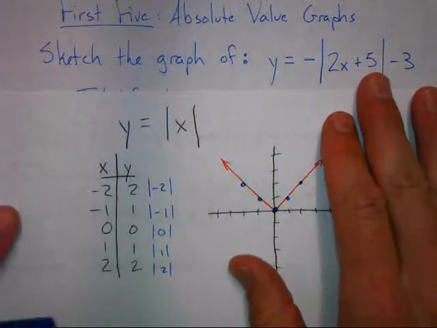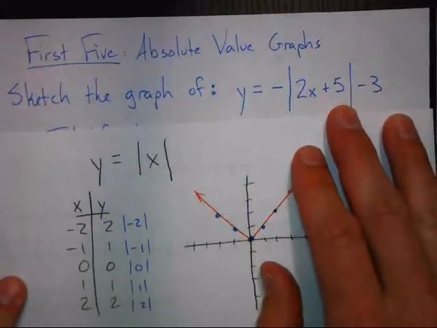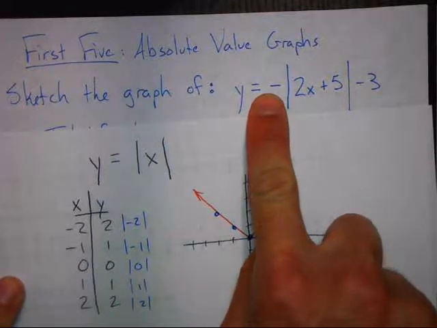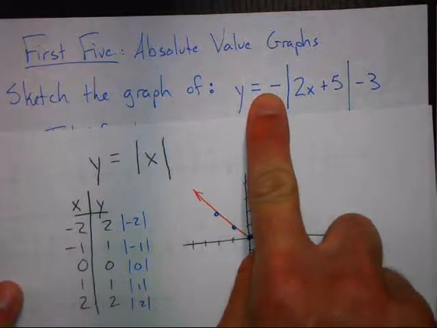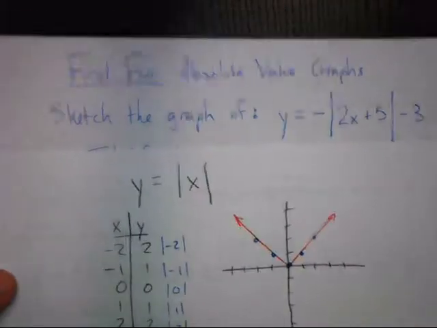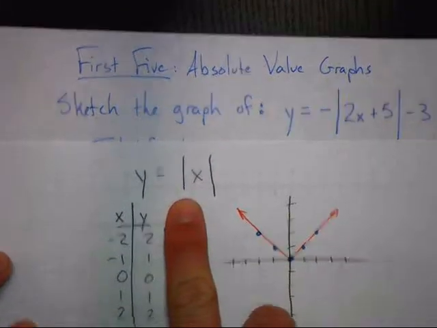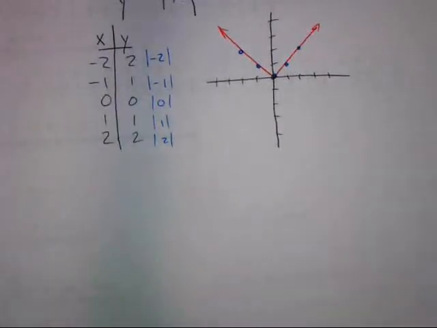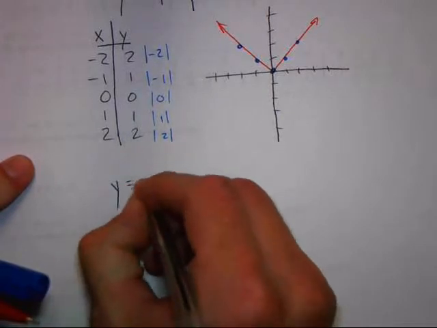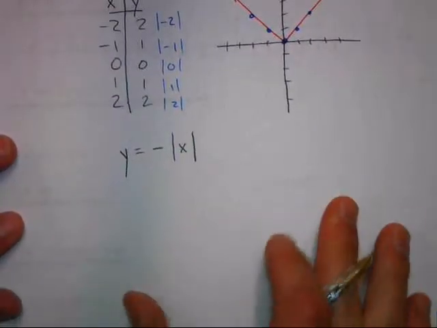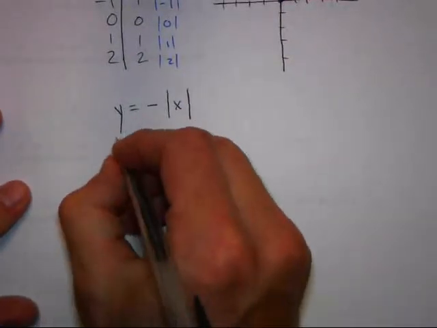And then we look at our original equation again. We say, well, there's the absolute value bars, but what's the deal with that negative on the outside? Well, that negative on the outside might make something a little bit different. So let's take a look at what we did to graph this and figure out what might happen if I wanted to graph something with the negative out there. What if I wanted to graph y equals negative absolute value of x? So we'll do the same thing for graphing. We make our table of values,